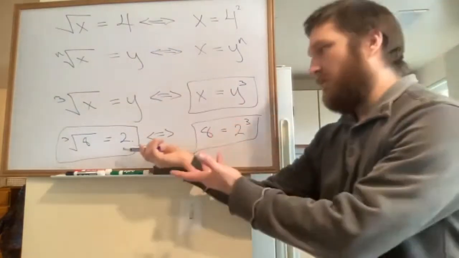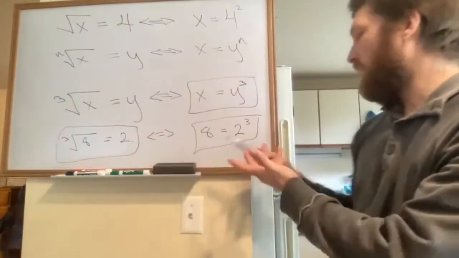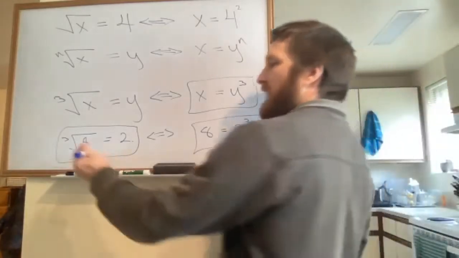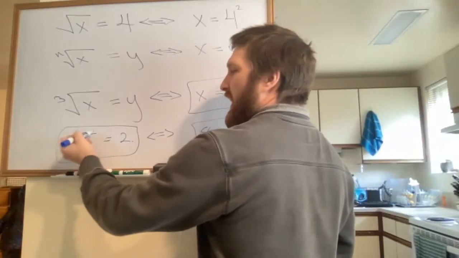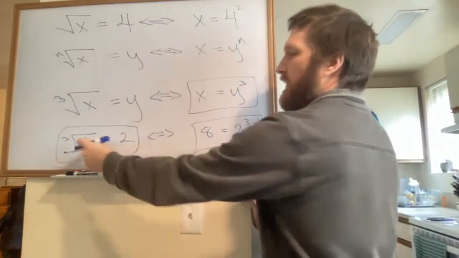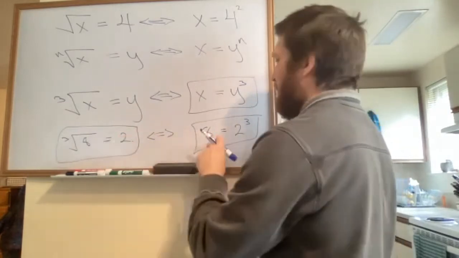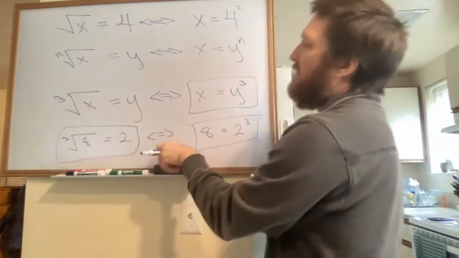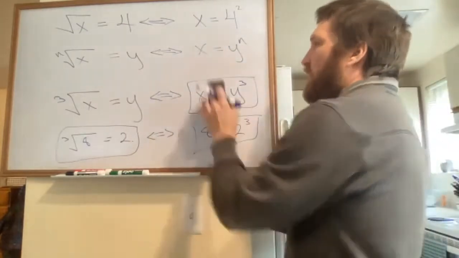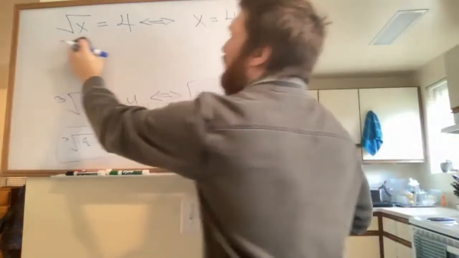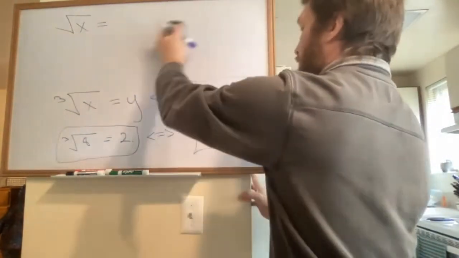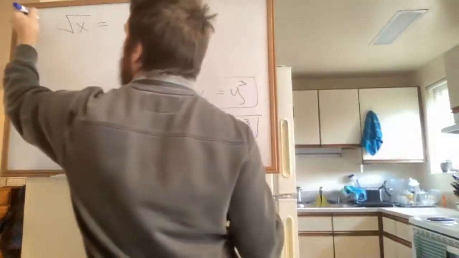And that's what we're saying right here. When you take 2 and you cube it, you get out an 8. Therefore, if 8 was your output and you took the cube root, you would have ended up back at 2. These are just saying the same thing. And this is how you would solve one of these equations if and when you encounter them. So if you had something like this,